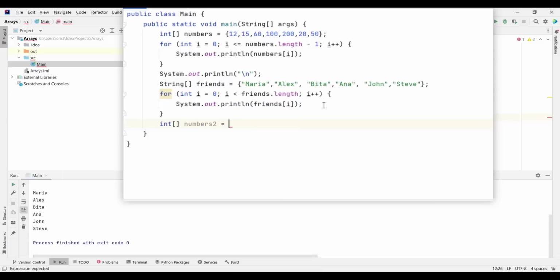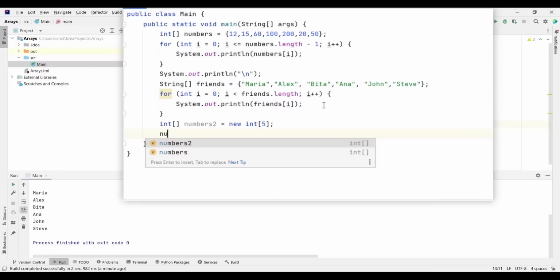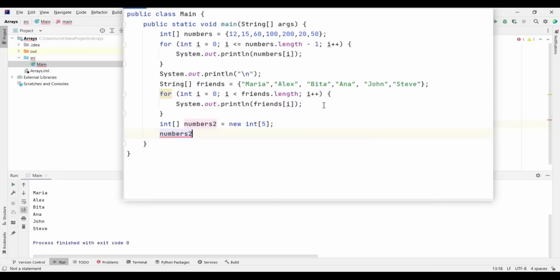And what you can do here, you can type new int, and you can define here a size of let's say 7 elements or 5 elements. And now if you want to add elements in this array, you can add only 5 elements, but you can add them using indexes. So you type numbers 2 index 0 equals, and here you define an element, let's say 1, and you put semicolon.